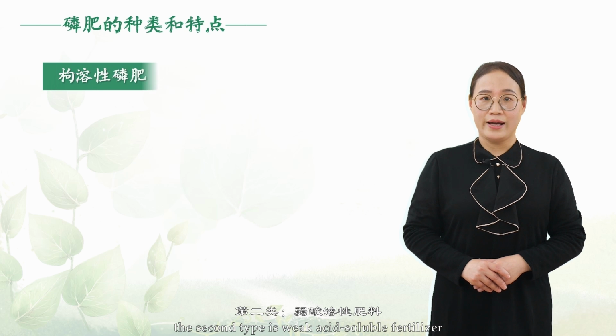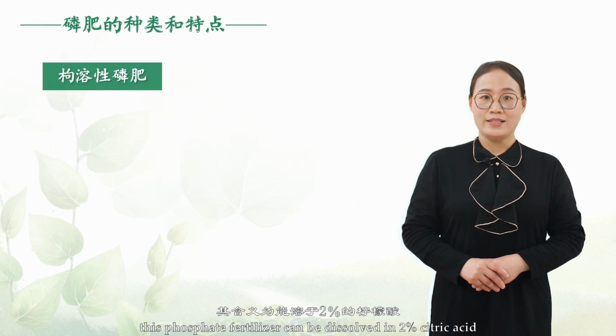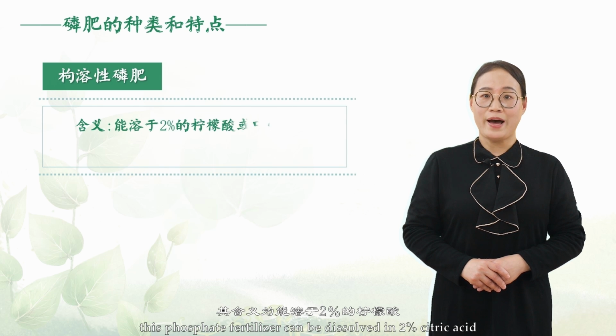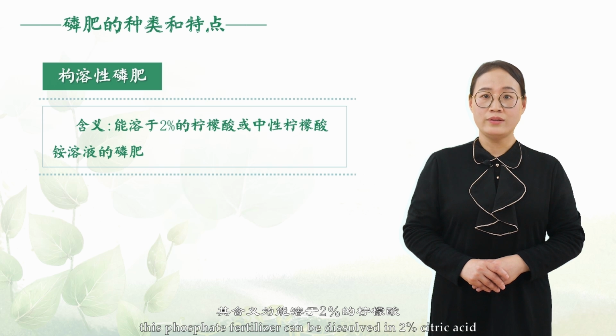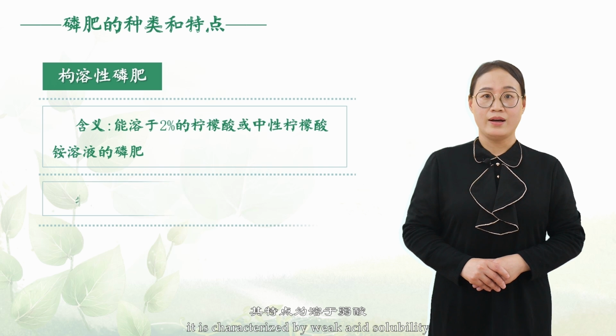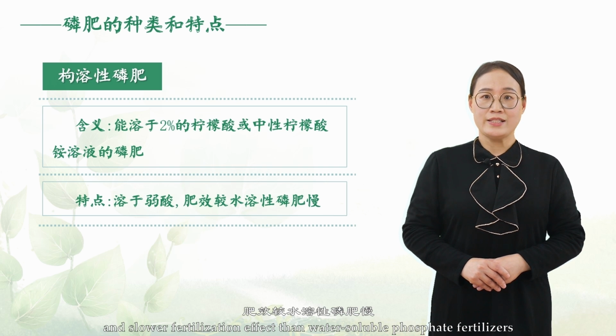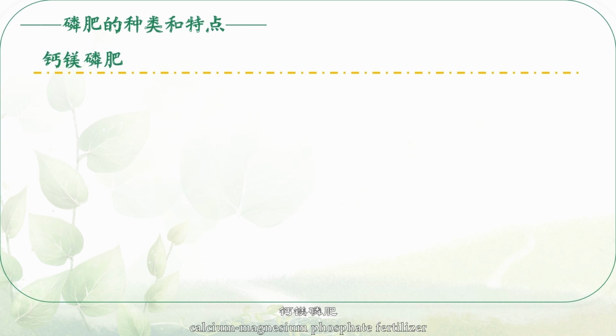The second type is weak acid soluble fertilizer, also known as citrate soluble phosphatic fertilizer. This phosphate fertilizer can be dissolved in 2% citric acid or neutral ammonium citrate solution. It is characterized by weak acid solubility and slower fertilization effect than water-soluble phosphate fertilizers. The common types of this are calcium-magnesium phosphate fertilizer. It has amorphous calcium phosphate,